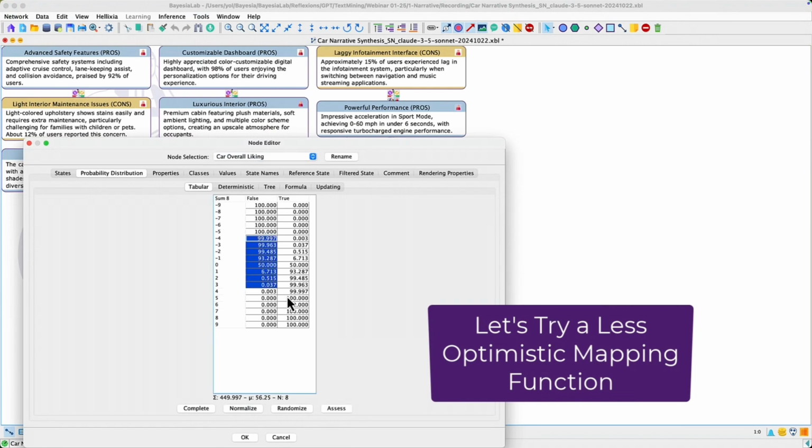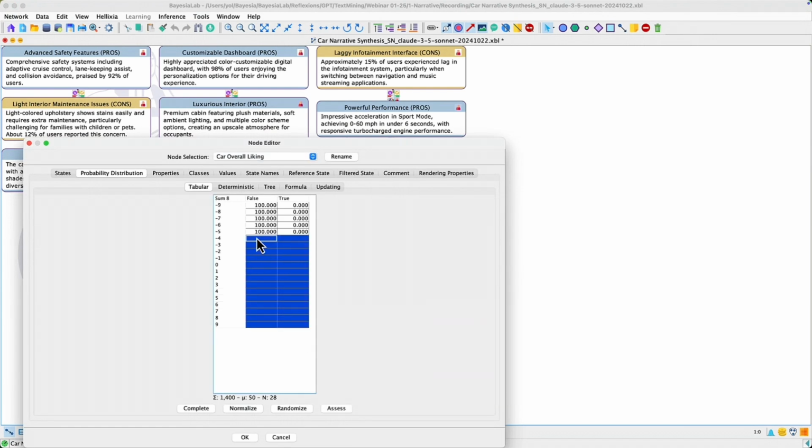For example, we can say, well, if it's negative, it's going to be 100% false, right? And even when it's 0, and then it's going to be true only when it's positive, but then I will assume that I need to have four outputs true to have 100% of liking, right?